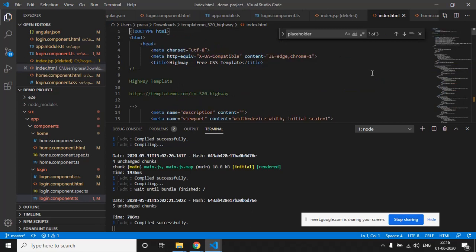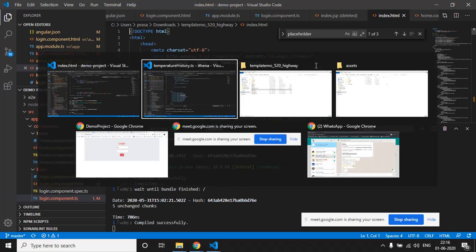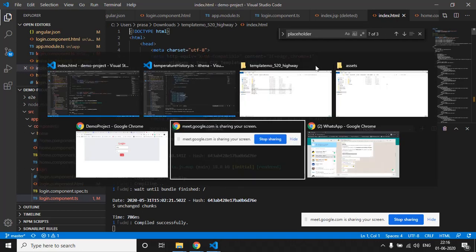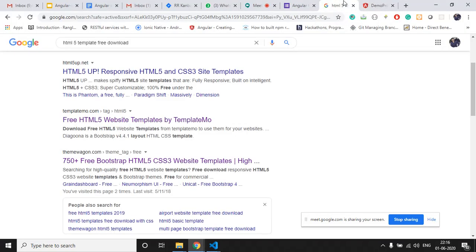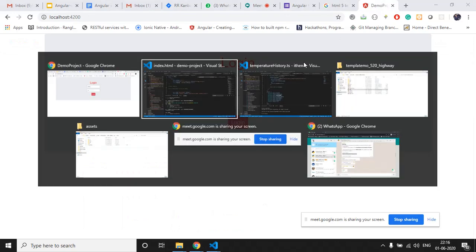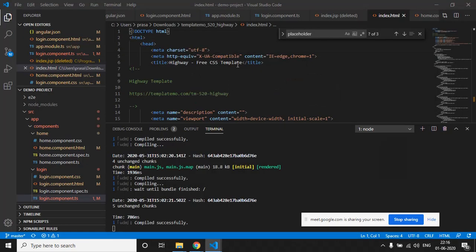Now what we have done is we have just opened that index.html file because we have to display all the content present in this template's HTML file, right? So this is the index.html file for that particular template.